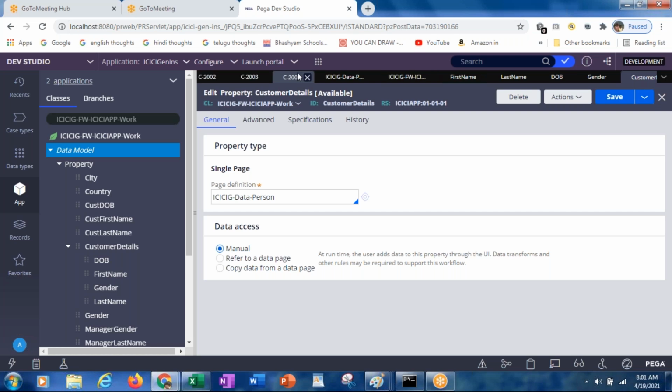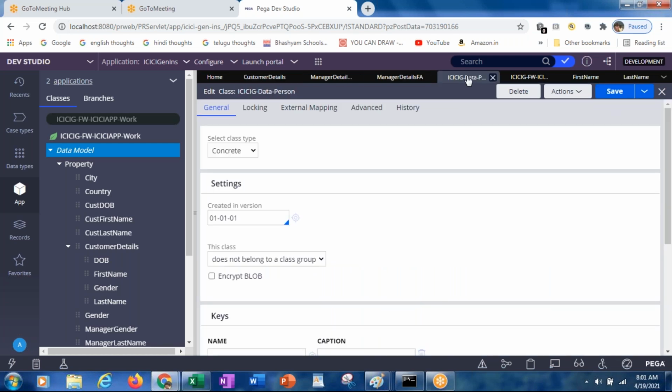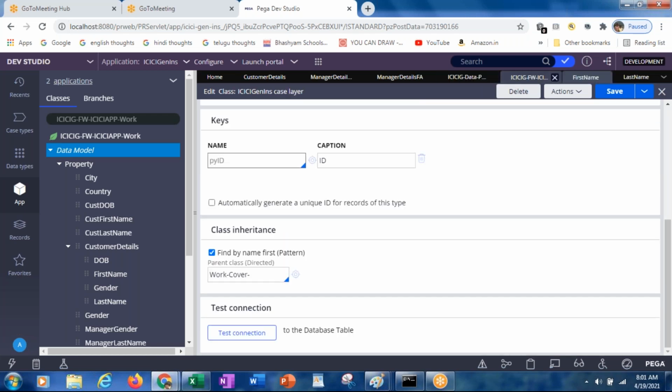Okay, now if you go to the customer details section, including all these work objects which I created. Now where is our customer details section? Did I open this section?